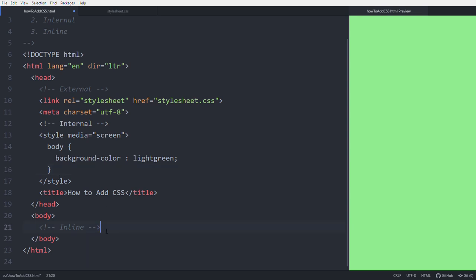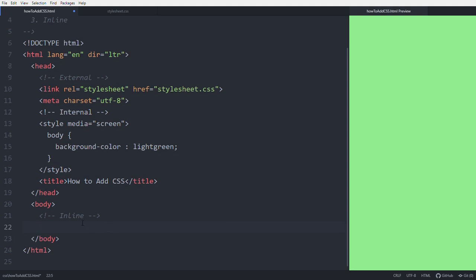Coming to the inline. This inline means adding CSS to one element, like the P. Paragraph P is there. This is welcome to CSS.